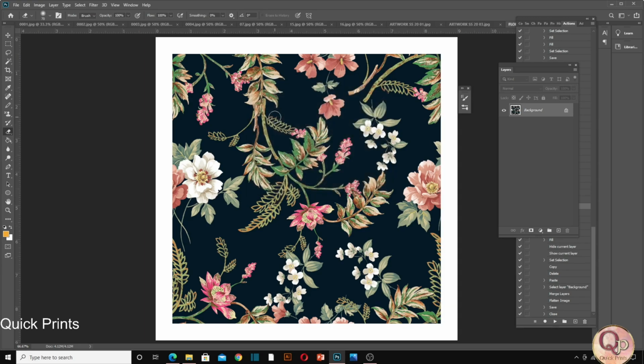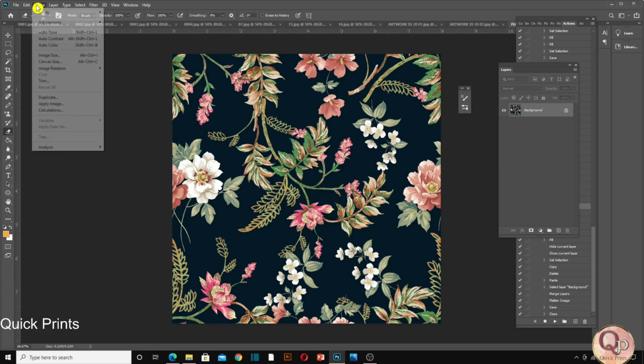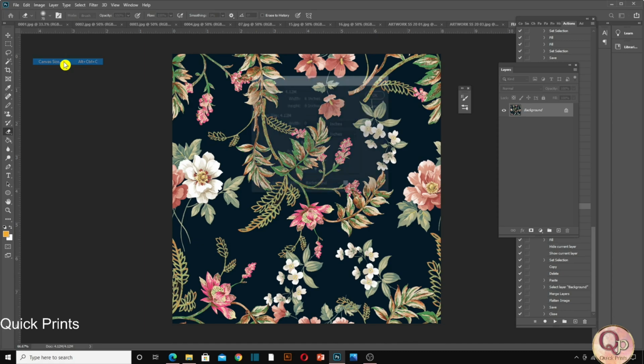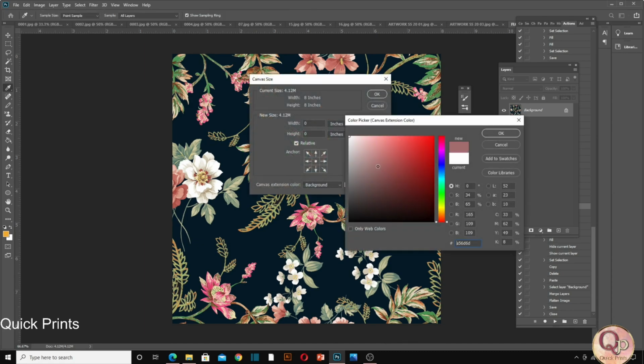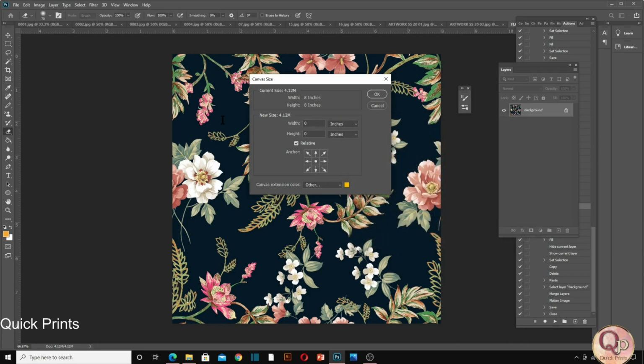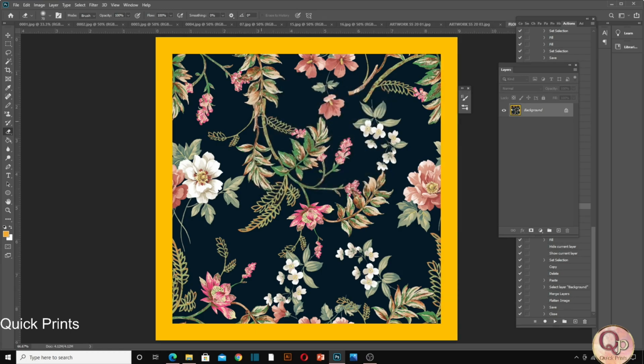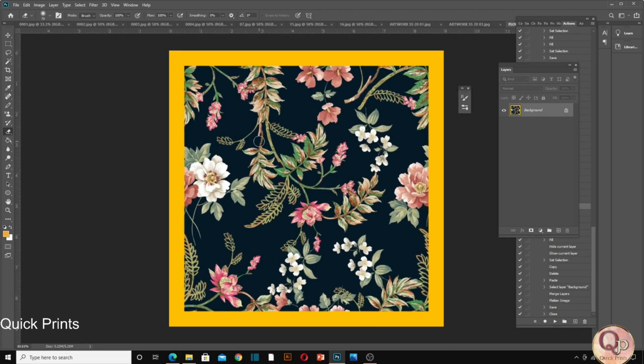So this is the white thing which has come. I just want it to be yellow, right? So what we need to do is go to the Image section, Canvas Size, pick up the color and change the color. Whatever color you select will be applied to all images. I'm taking a brighter yellow so that my artwork looks slightly enhanced and gets attention. I'm just making one right now. This is the way.